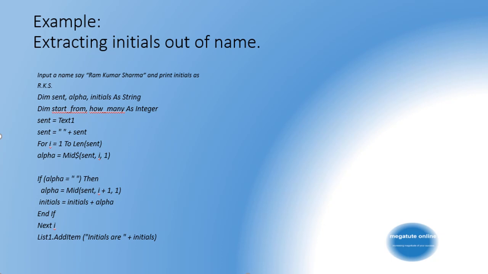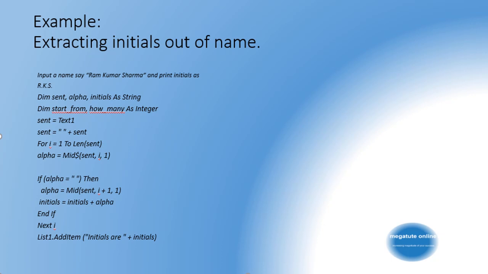So that means both the initials are coming after the space, barring the first one. So the first one, the R, does not come after the space because there is no space before it. So what you're going to do in that case, we are going to add an extra space before the name. So when we have taken a sentence from the user here, we are just adding extra space before the sentence